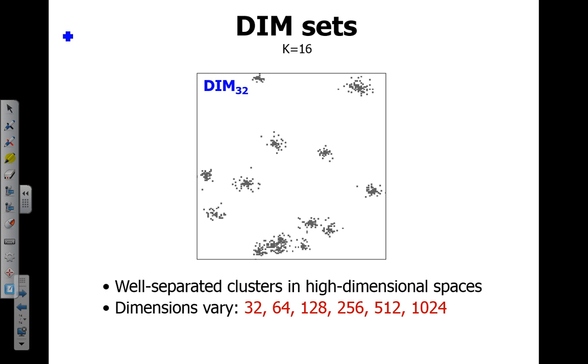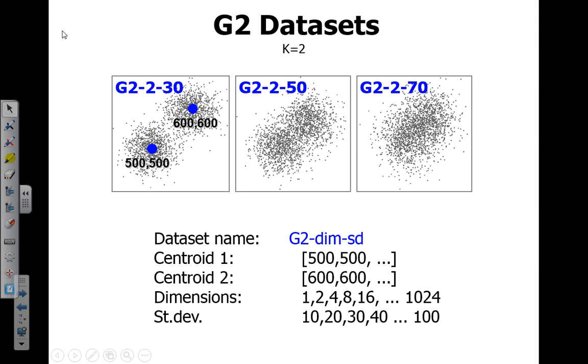Now, the smallest dimension is 32 and the highest is 1000. Because I can only show 2 dimensions in this slide, it may look like the clusters might be overlapping, but they are not. In the 32-dimensional space, they really are well separated. So this is just to test the dimensions; no other conflicts or challenges should appear there.